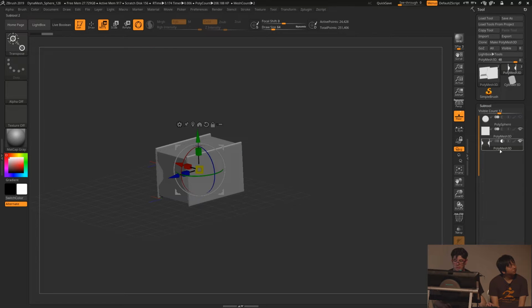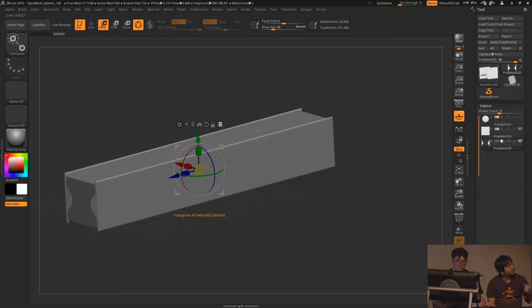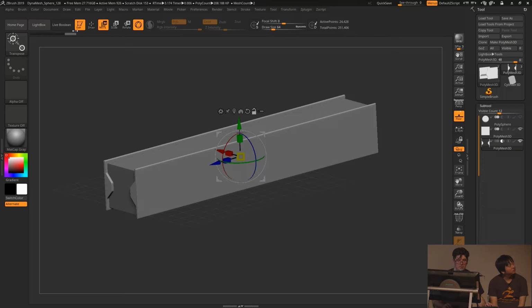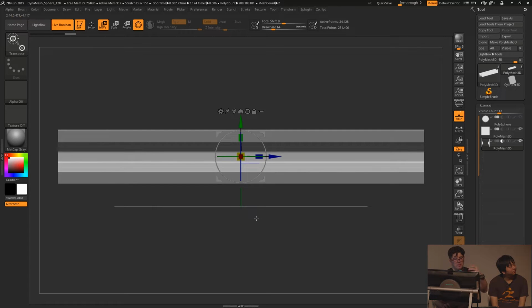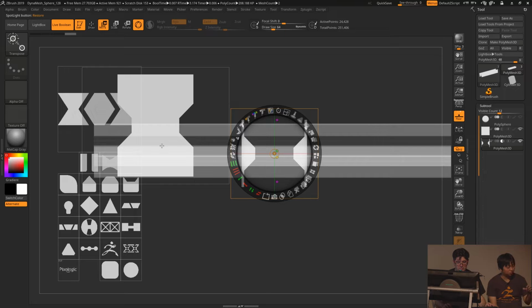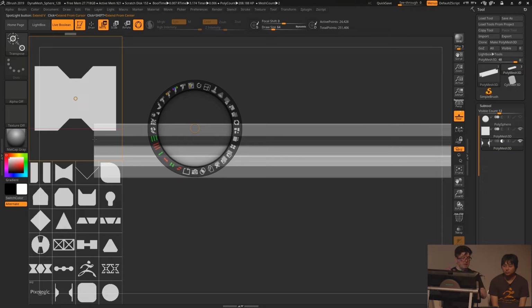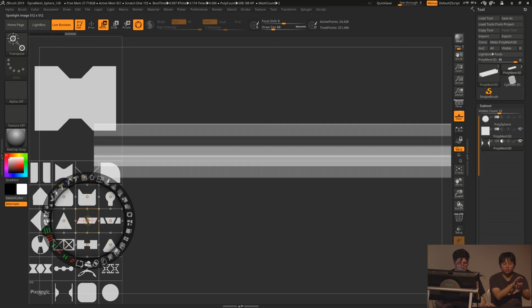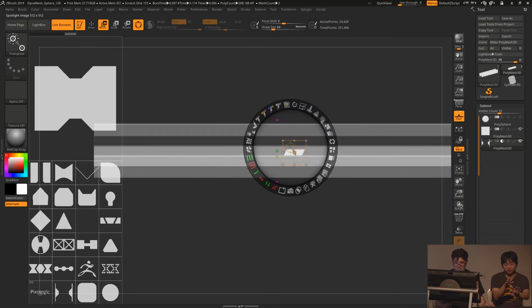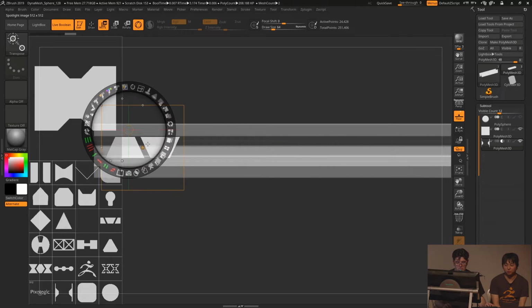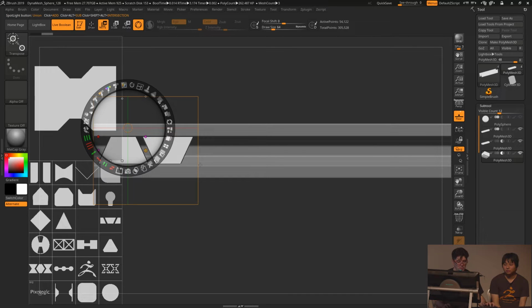Then I have my model. I can, why not, scale both models at the same time. I'm using the transpose all selective subtool function. Then we enable live boolean, and I will now add some more. I will add more complexity to this model with new alphas. Obviously, I can reorganize my model, my alphas, by automatically packing them. Then, same as before, I will create this mesh, pressing the Alt key, making a negative mesh,